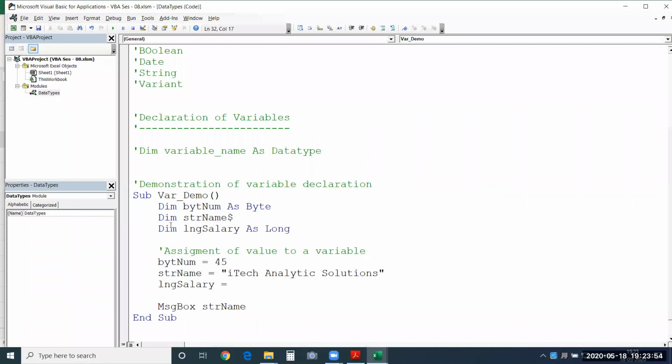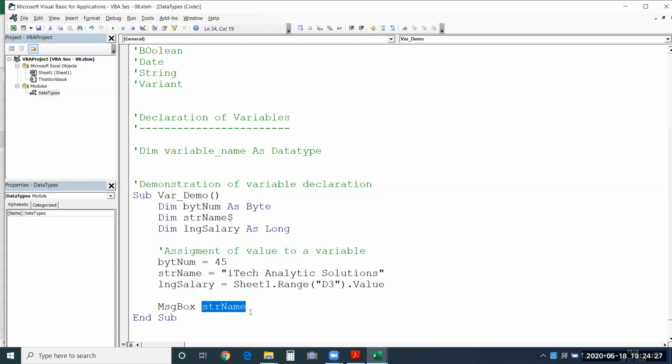Let me go back to this. I'll give the cell address. This is another way of assigning value to a variable. You could also assign it this way. You give the address of the cell where we have stored it, and say value. We are using the value of D3 to give value to lngSalary. So it only means whatever value is stored in this D3 cell of Sheet1 will be referred to as lngSalary. That's the label that I'm using here.